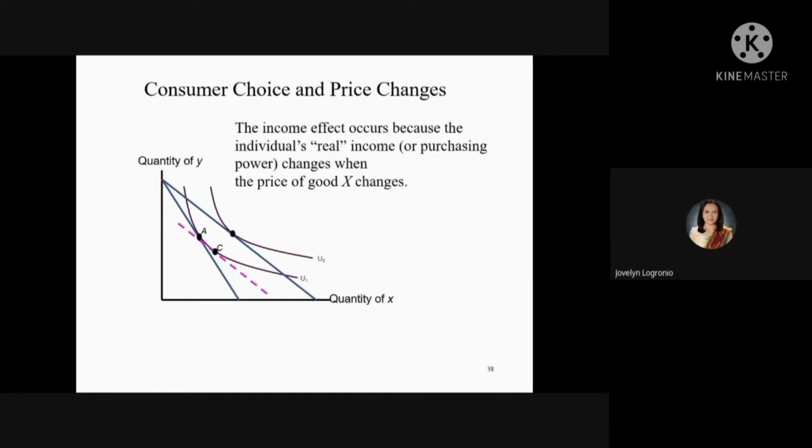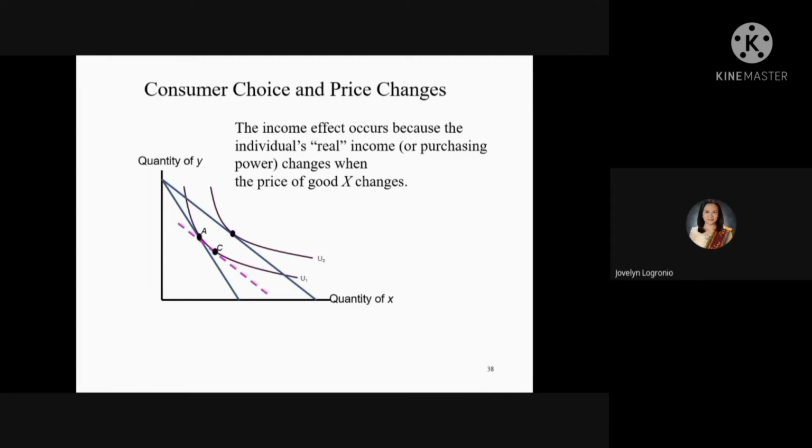How about the income effect? The income effect occurs because the individual's real income or purchasing power changes when the price of good X falls. The consumer now can buy more quantity of good X because its price decreases. So along